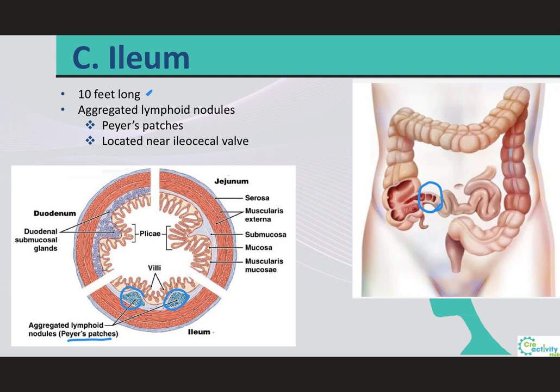So right over here is what we call the ileocecal valve. It can also be called the ileocecal sphincter, and this is where the small intestine, more specifically the ileum, will join the large intestine, more specifically the cecum. And this is why it's called the ileocecal valve, because it's a portion of the ileum and the cecum coming together. Now, why do you think we have these Peyer's patches located in the ileum, or more specifically closer to the ileocecal valve? Well, these are going to be important because specifically